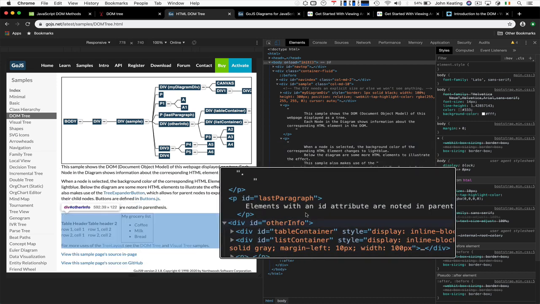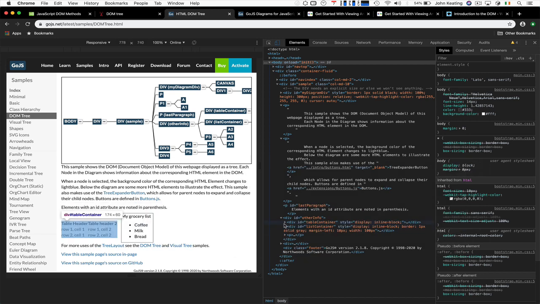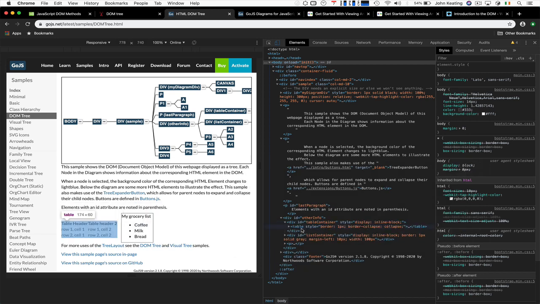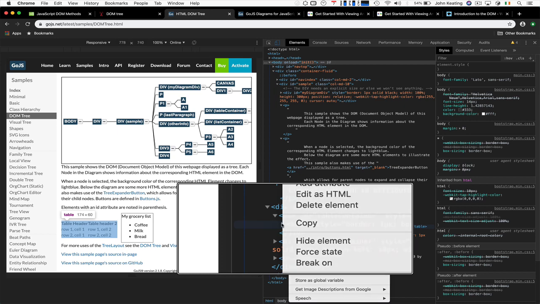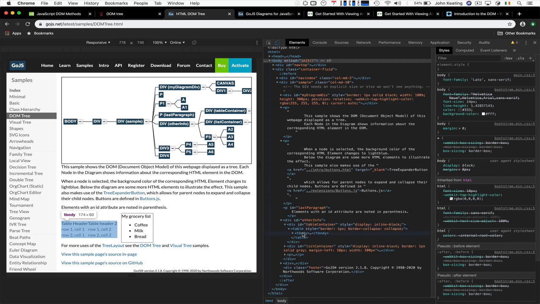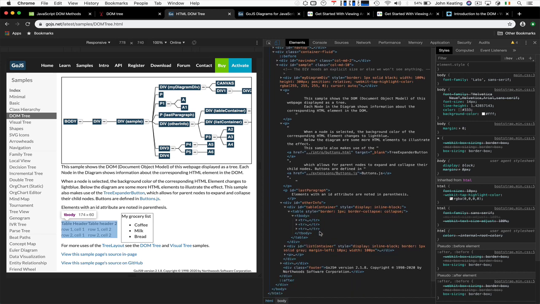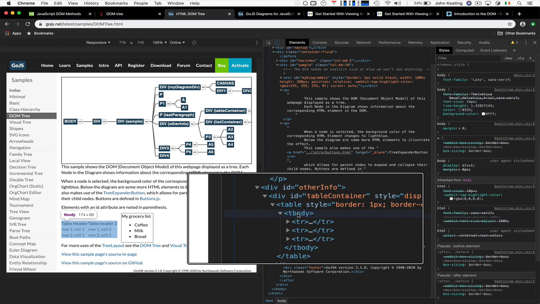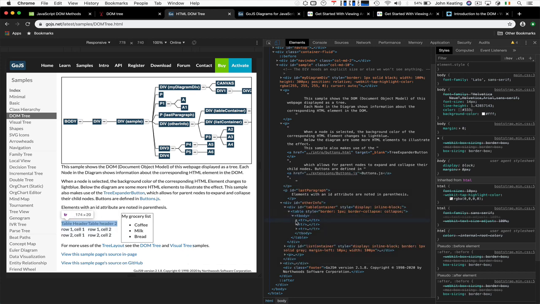There's table container. So let's navigate through the table container. Here's the table. Here's the body of the table, T-body. We saw that there. And look, I'm finding it. It's telling me a little bit about it on the left. Here's the row,